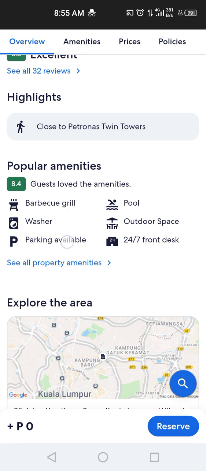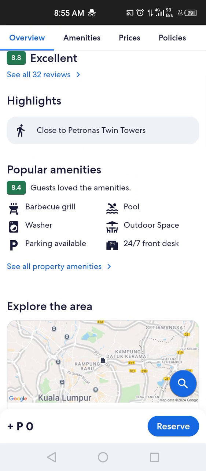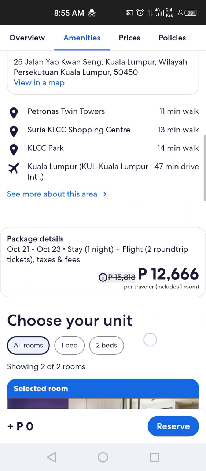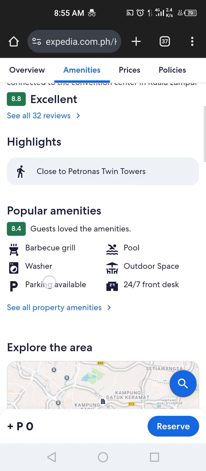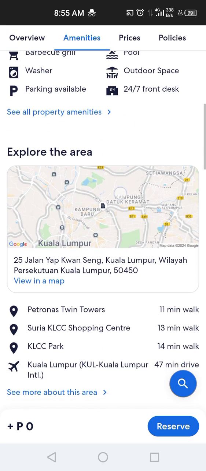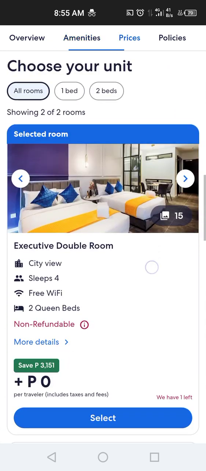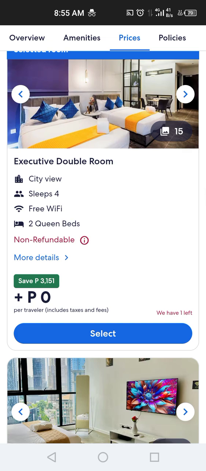Parking available. Washer. I need this too. The others are just a bonus. I only need these two for necessities. You know, washing my daily clothes.